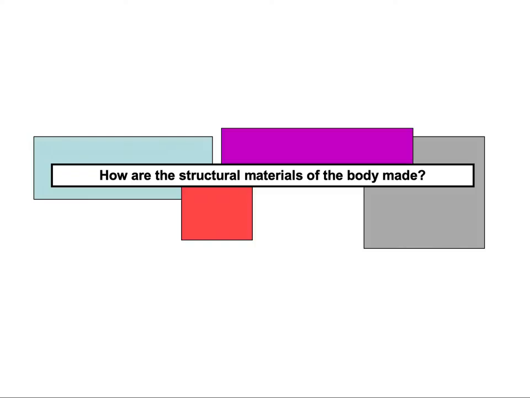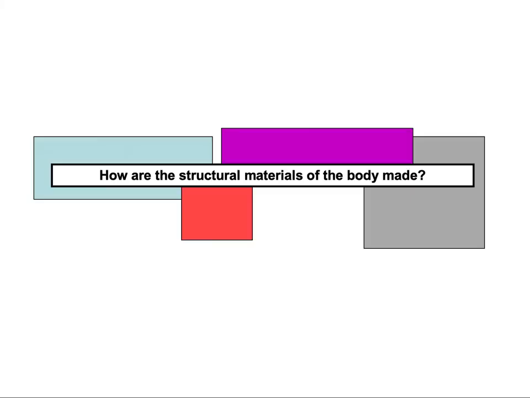We are starting a new lecture in the Biomaterials class, which is related to the structural material of the body and protein synthesis. This topic is very important. We need to understand how proteins are made and what kind of structural materials are found in the body, that they're made actually mainly of proteins, because we would like to understand the basic structure of proteins and the process in which they're made along the way, so that when we want to intervene in this process or understand the process more, we need to have the basic knowledge of protein synthesis and all the structural material